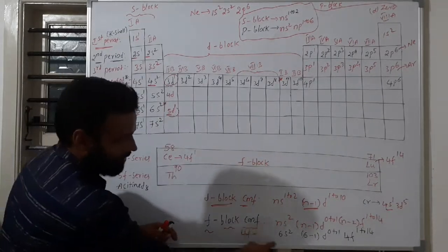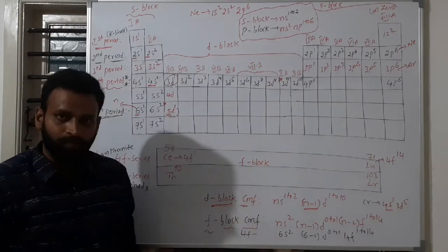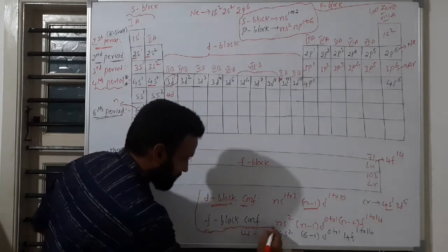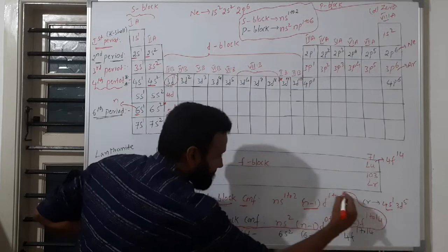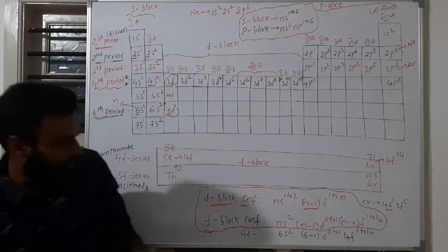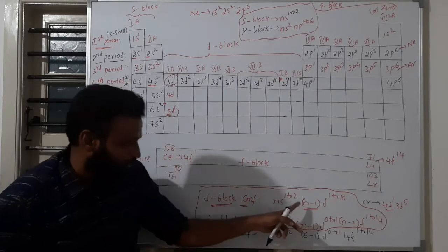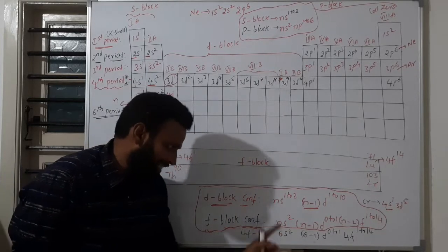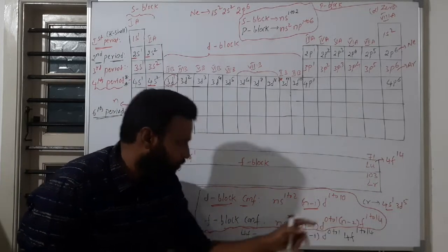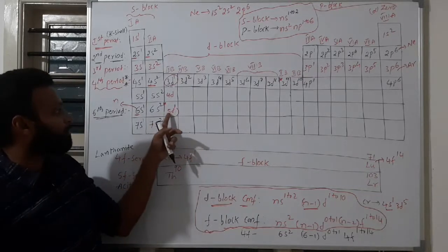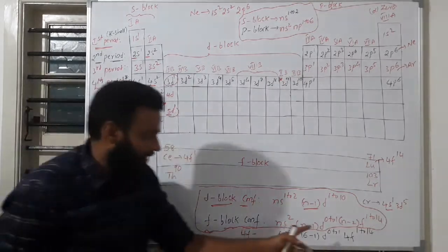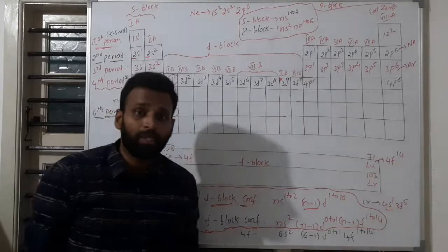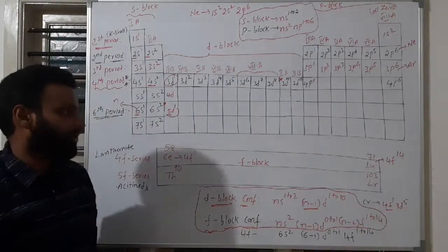So just carefully take these two. Okay, observe this. The d and f block configurations are like this. D block configuration means ns1 to 2, (n minus 1) d1 to 10. Got it? F block configuration means ns2, (n minus 1) d0 to 1. Why did I write 0 to 1? Here in lanthanum 5d is going to fill. And (n minus 2) f1 to 14. So these are very important for us.